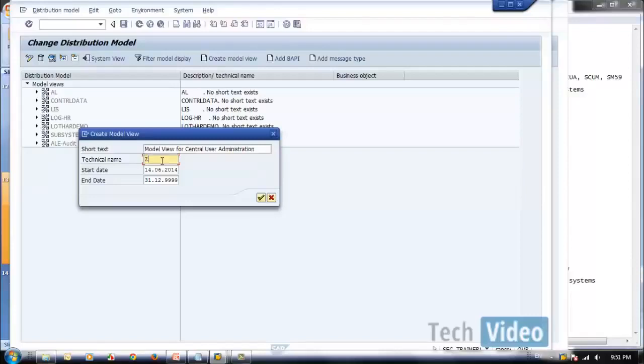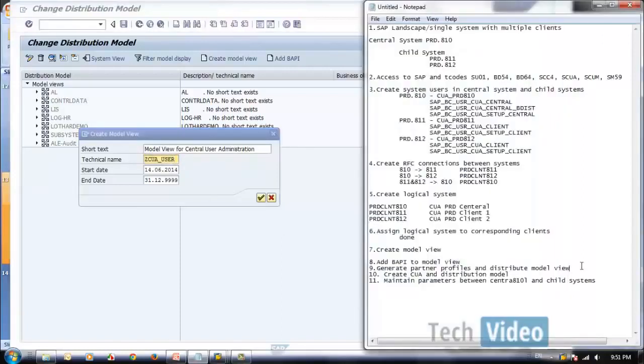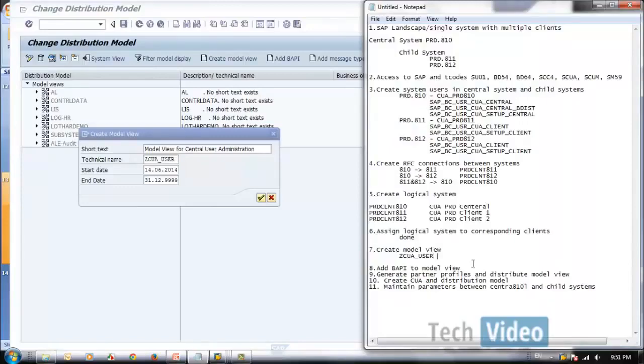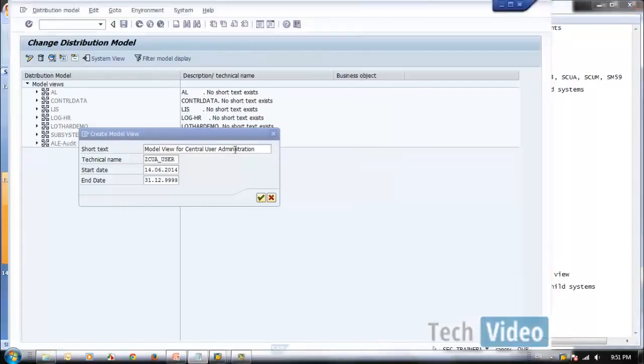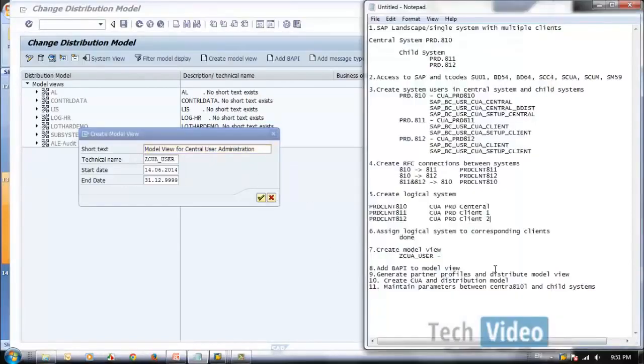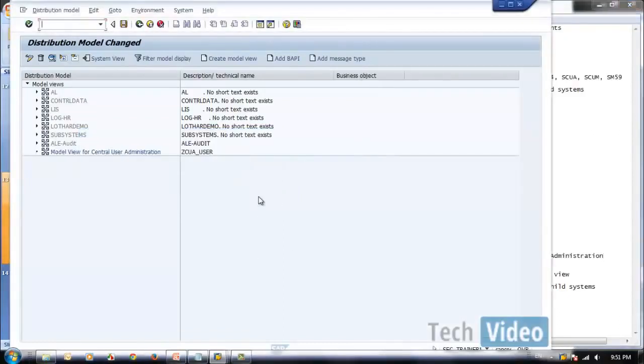Let's say CUA underscore user. Okay, so this is our technical name. Let's keep this one. This is our text. Okay, we created this one.